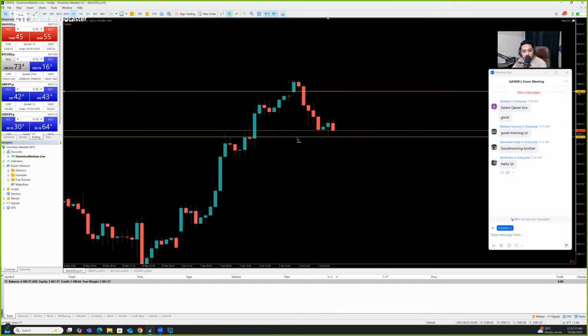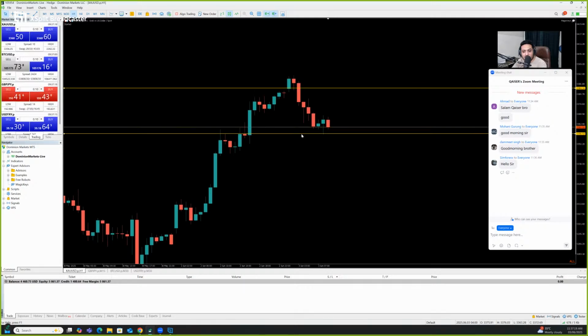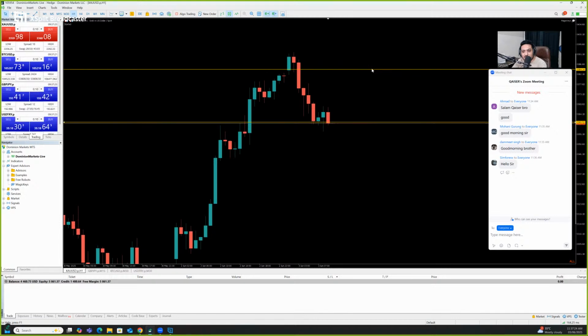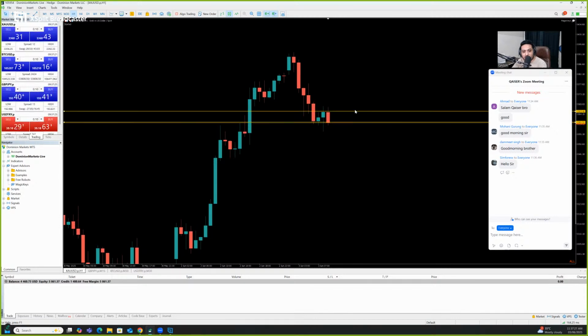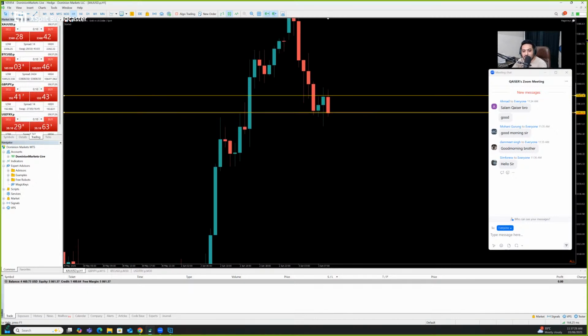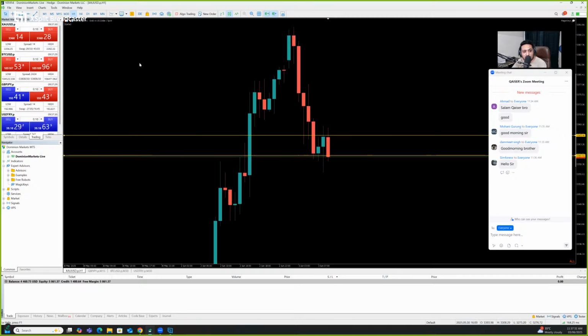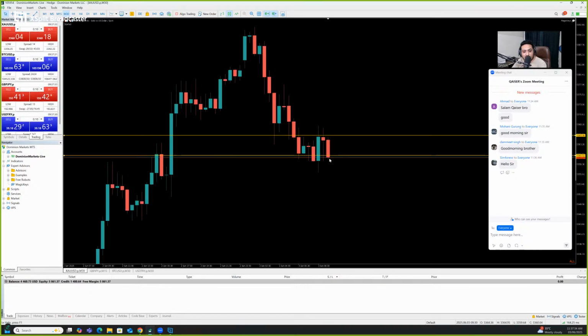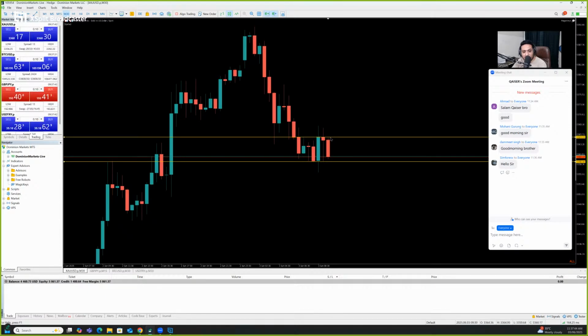On H1 you can see we have a support here, and at the same time a resistance somewhere here, but we need a more clear picture. So we go from H1 to M30. On M30 you can clearly see that we are doing some kind of consolidation. If the market is consolidating, it means there's no trend going on right now, so we need to wait for a breakout structure.